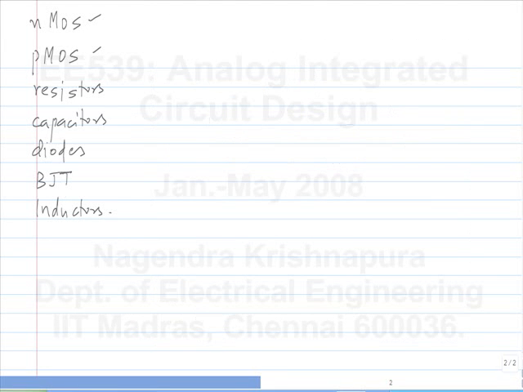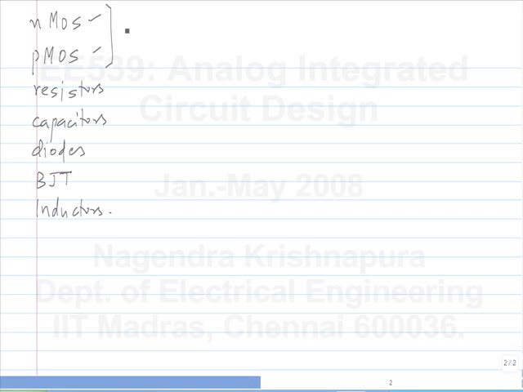How would we make a resistor? MOS in triode region. Okay, what else? What's the problem with the MOS in triode region? Can we use it as a resistor? Non-linearity. So yes, we can use it, but it is non-linear. Then what else? Poly. So you can use a piece of polysilicon as a resistor, or you can even use a piece of metal, but the resistivity will be very small. So we'll look at more linear resistors than MOS transistors.